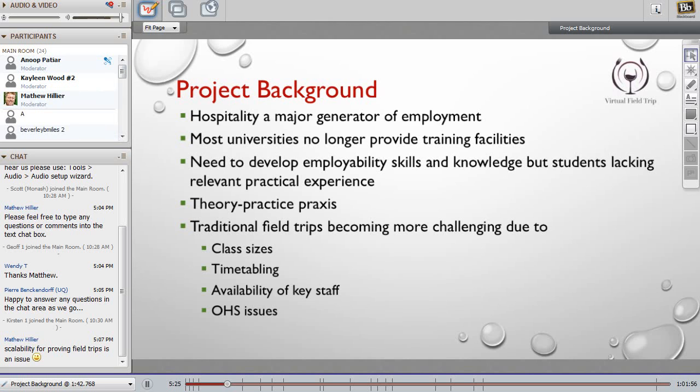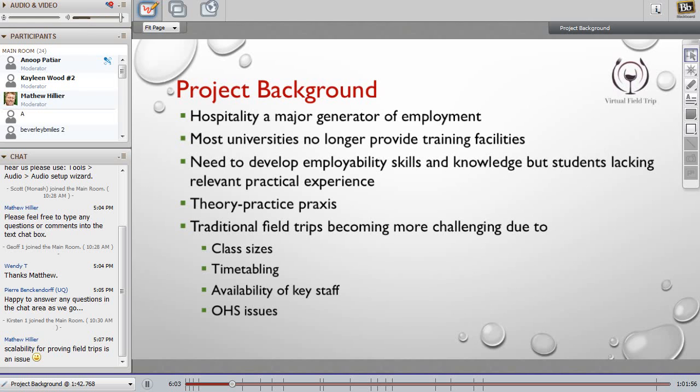It also becomes difficult to get senior executives to come and make presentations to the students and discuss their roles and responsibilities, because it's very difficult to align all that. And of course, there are issues of occupational health and safety, which restrict academics from taking students to different venues and working environments within the businesses.